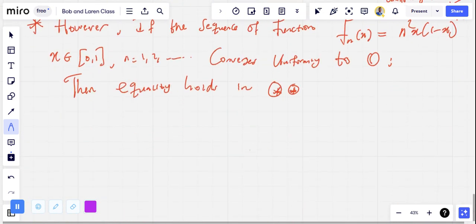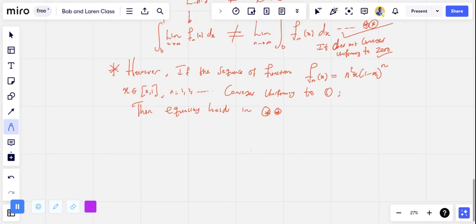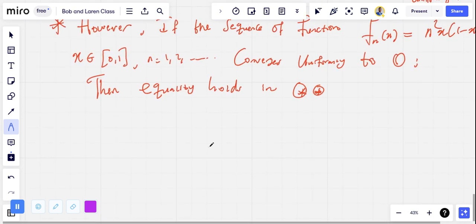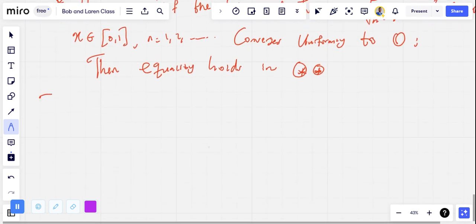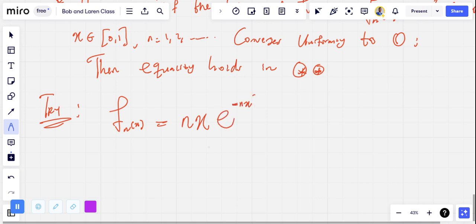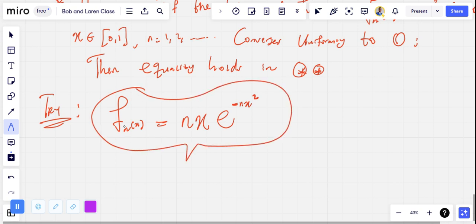So you can try this on your own. I have another example that you can try here on your own. Let's say our fn(x) equals nx e raised to the power of minus nx squared. With this, do you know that this equation is in your assignment, the previous assignment that you guys just submitted? So show that,